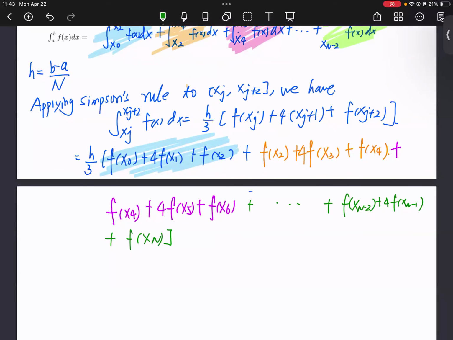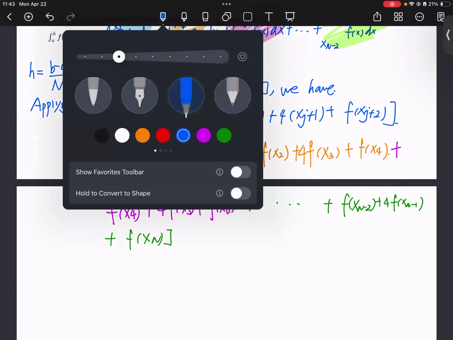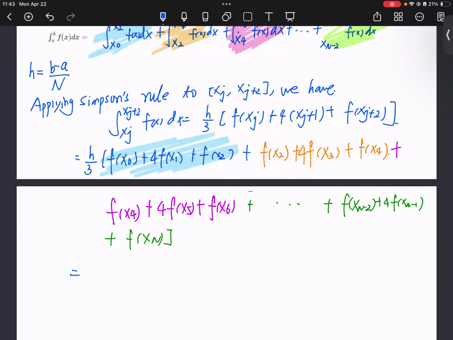So let me conclude this. At the end, if you do the summation here, you would get such a formula: h divided by 3, and then f(a),